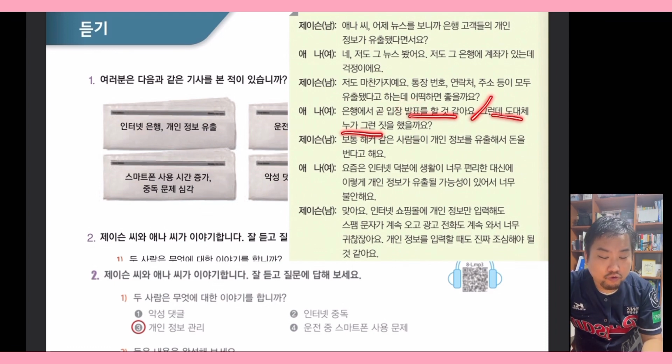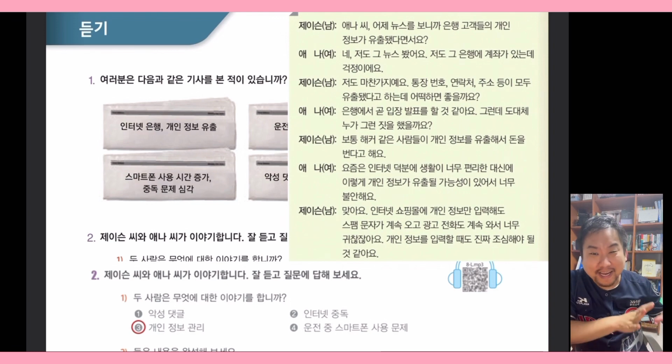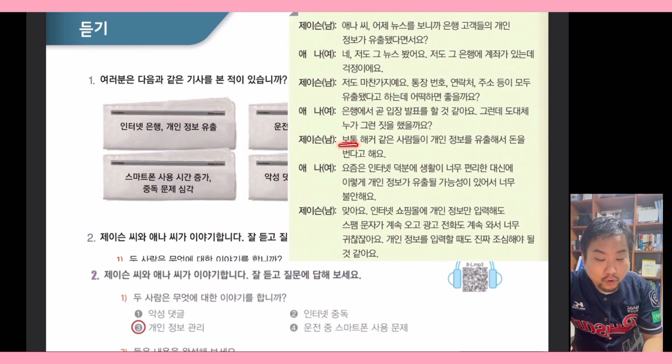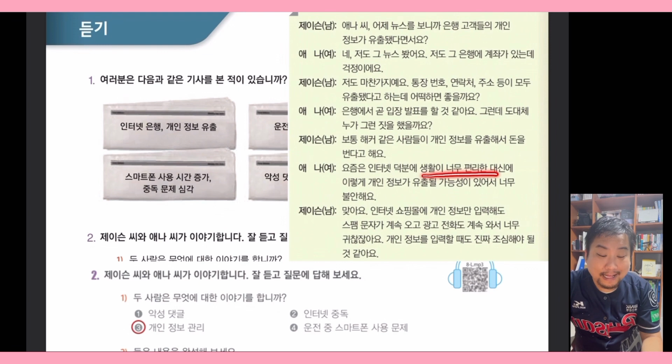그런데 도대체 누가 who 그런 짓 those bad thing을 했을까요? 도대체 누가 what the heck, something like that. 보통 usually hacker 같은 사람이 개인 정보를 leakage or steal 유출해서 돈을 번다. Earning money, getting money. 요즘은 인터넷 덕분에 thanks to internet 생활이 너무 편리한 대신에